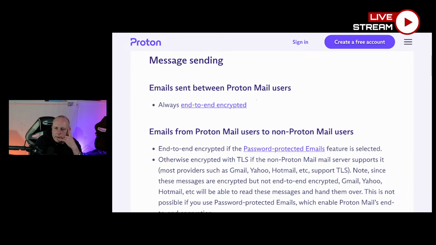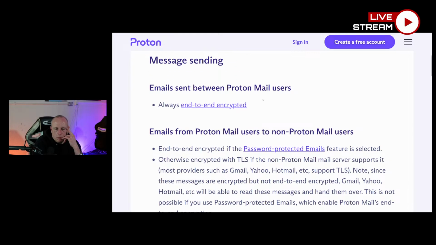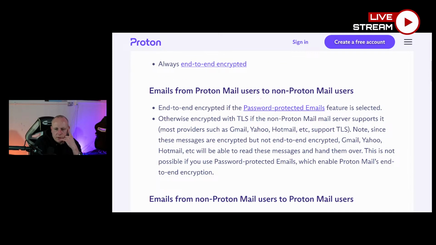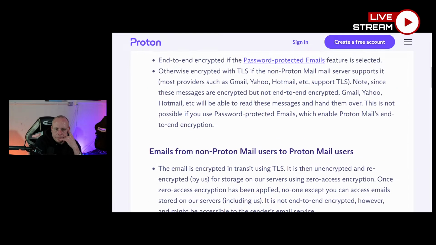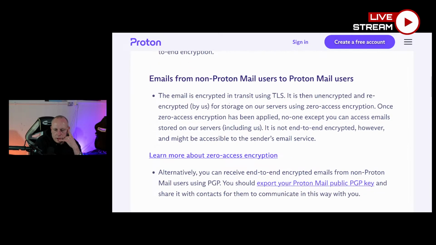Does it have a mail client? I'm assuming, and that's what it's on about, end-to-end encrypted. So if that's the case, then as long as they're not stored on their servers, you'd probably have to delete the emails. I don't know. I'm not sure how that works. Obviously, they can't be to non-Proton Mail users. It just depends on